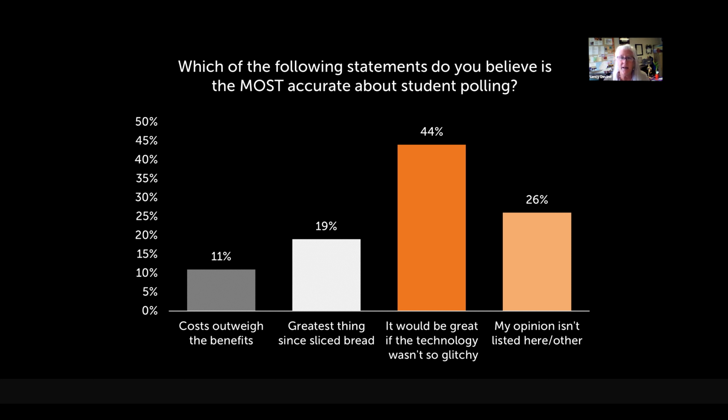When I first get a cohort and begin working with them with polling, I learned way back in a Doctor of Arts class about wait time, right? Where you pose a question and I know I can wait longer in silence than they can. Somebody eventually feels compelled. So I think it's worth it. I understand, I'm not surprised at all. It would be great if the technology wasn't so glitchy. I'm totally willing to go through the glitches to reap the benefits. And I would say find the simplest one that's fairly reliable, and then also work with colleagues who've used it before, if that